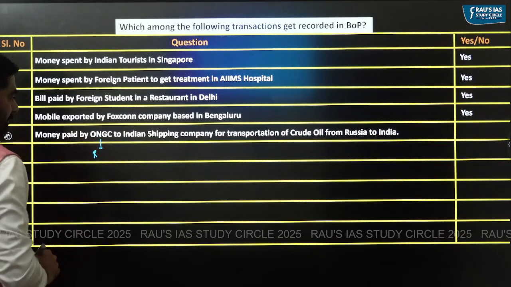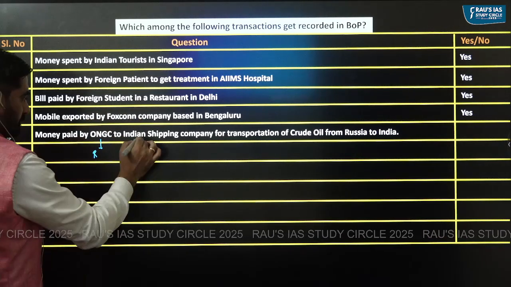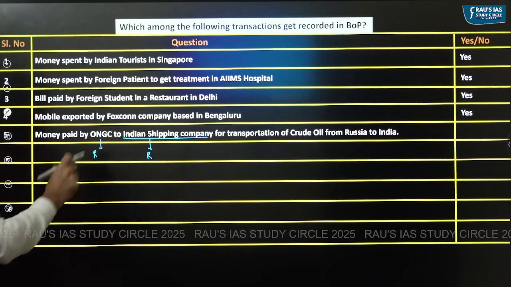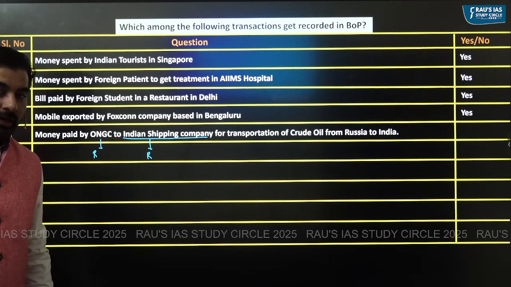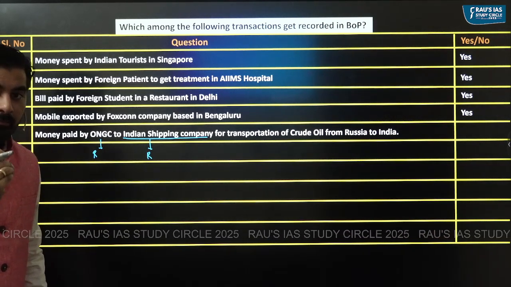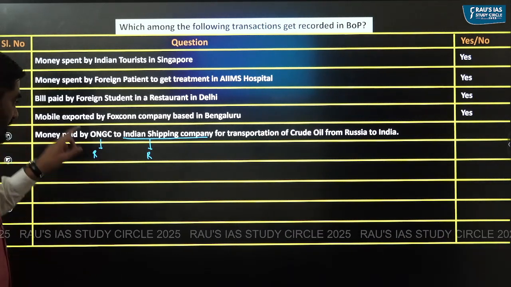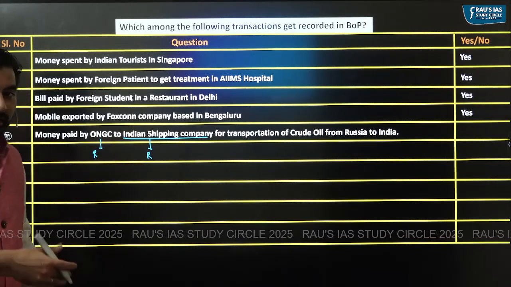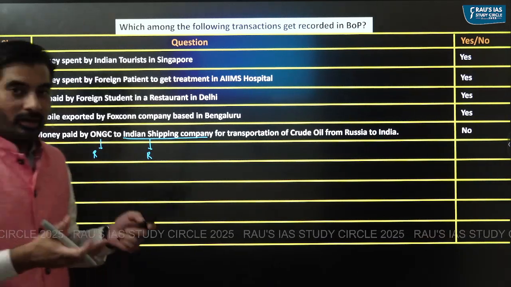ONGC is a resident company to whom it is paying money for transportation of crude oil. It is paying money to an Indian shipping company, and this is also a resident company. Remember the example which I gave you? In that example, I said ONGC is paying money to a shipping company based in Singapore. But here, ONGC is paying money to a shipping company based in India. Both are resident companies. If a transaction is taking place between two resident companies, it will not be accounted under balance